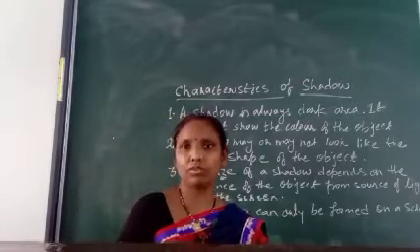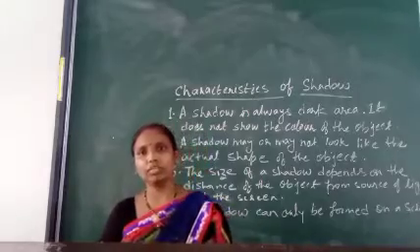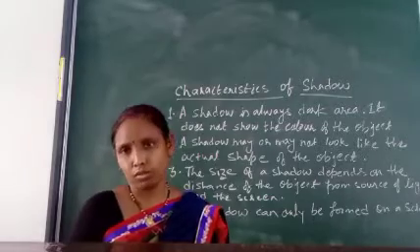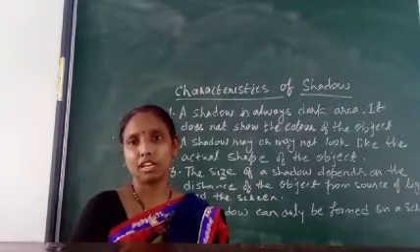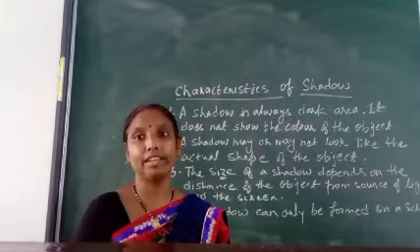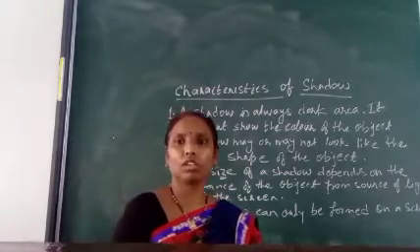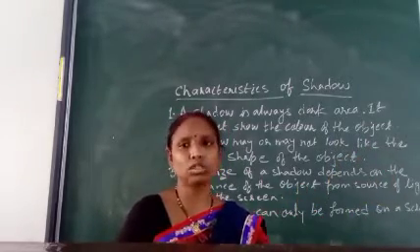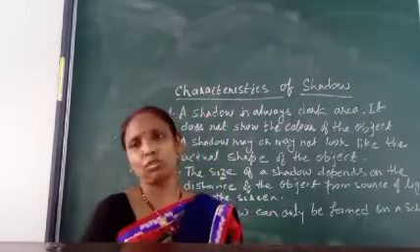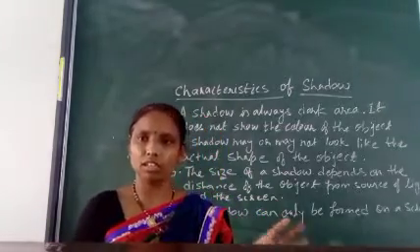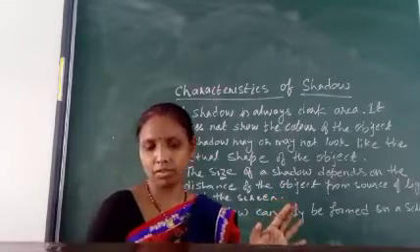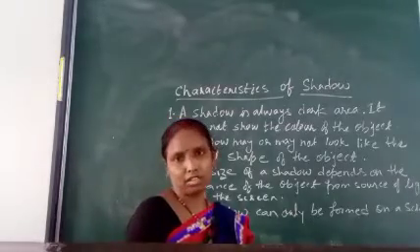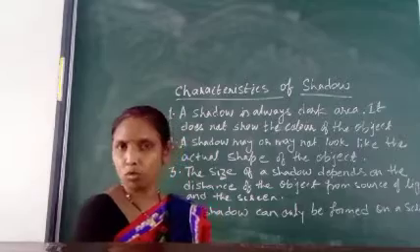It may be asked as a one word question or a true false question also. If there is a red ball blocking the path of light, what is the color of the shadow? What answer will you write? The color of the shadow is black, or you can write dark color, it is a dark patch. Don't write that a red shadow will be there. Whatever the object color, it doesn't matter to the color of the shadow. Understand all of you? So this is the first characteristic, that a shadow is always a dark area behind an opaque object.